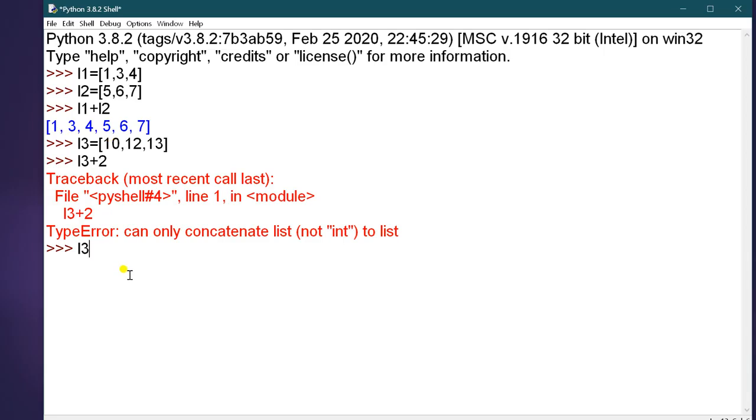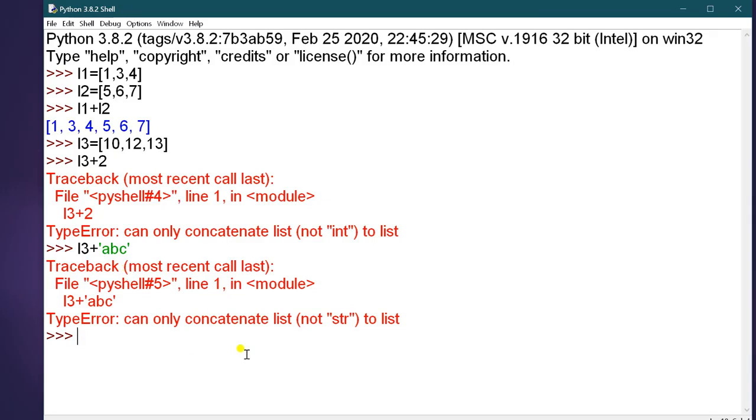One more thing, if you want to add any string to it, again it will give you the error: can only concatenate list, not str to list. So you have to see the error and then rectify it. If you want to add this string and the integer value to a list, it will give you the error.